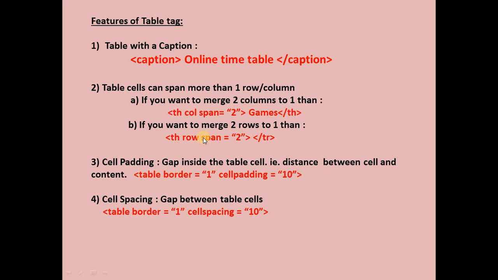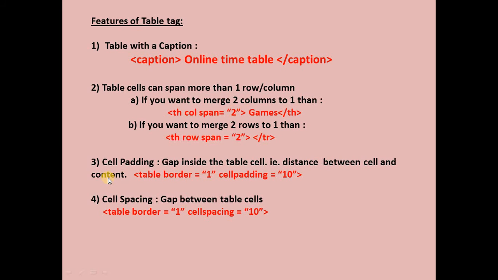So row span equals 2, and you can give the data to be entered and you can close. Next we'll move on to the third feature of a table tag, that is cell padding. The cell padding is nothing but the gap inside the cell or a table cell, that is the distance between